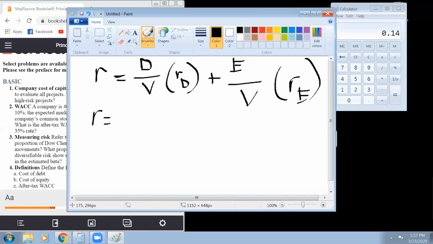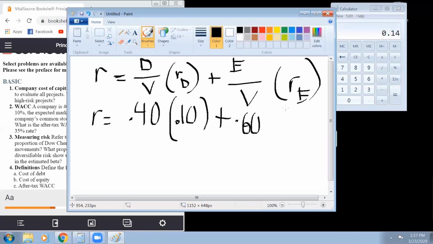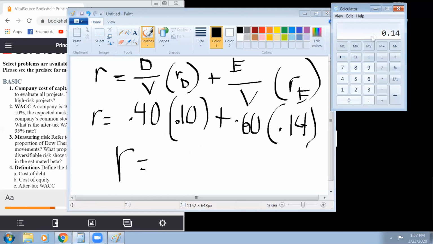In this case, we have, as stated before, a 40% debt structure, and a 10% cost of debt. And then we have a 60% equity ratio, and we multiply that by our newly calculated 14% for the cost of equity. And it's going to give you